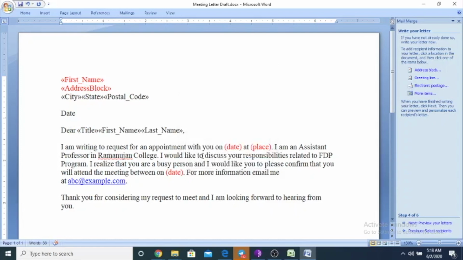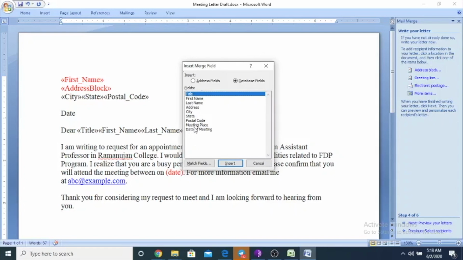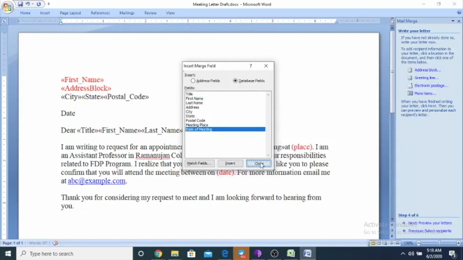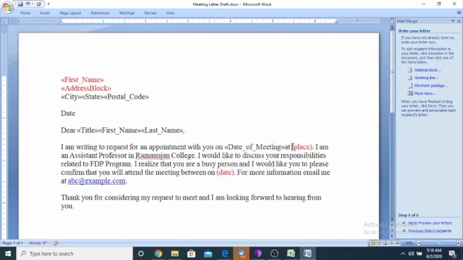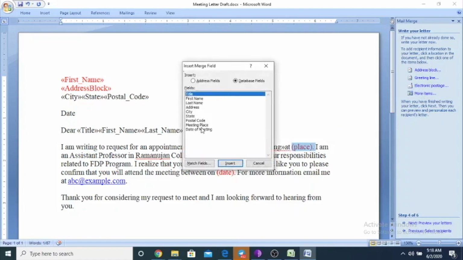Again, the parts which are left are the date and place. So I want to add the date over here. I choose the field date of meeting here and insert, and then I want to choose the place. So I choose the meeting place and insert it over here.